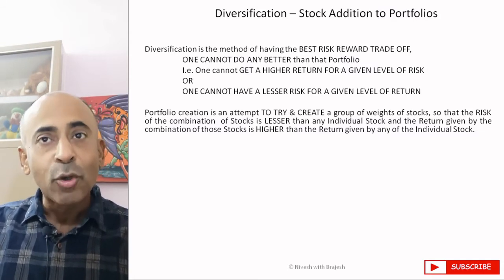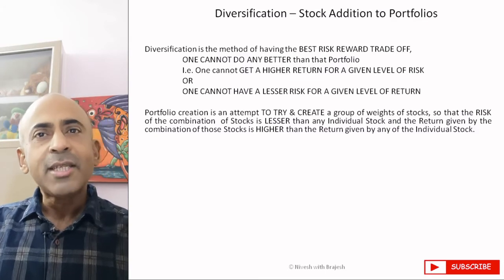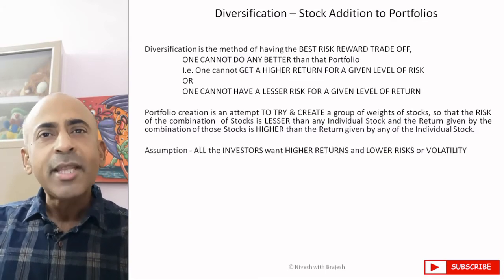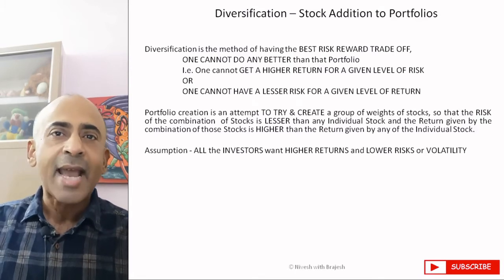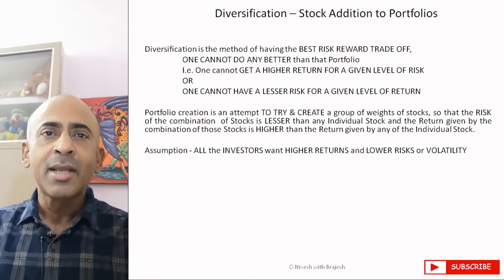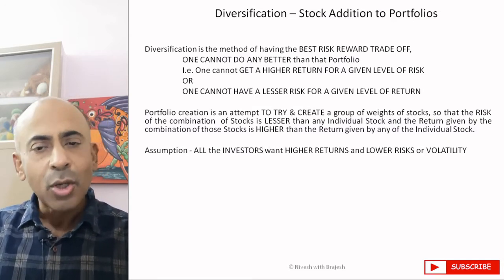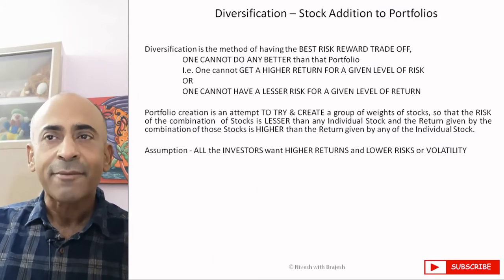But the portfolio may or may not achieve the desired result. So it is based on the assumption that all the investors like higher expected returns and they do not like risks as measured by volatility. But since it is inevitable to have risk, they want the lowest risk or lowest volatility possible. And so we show this using this graph.